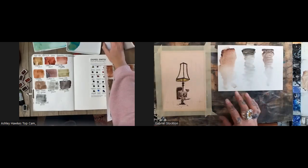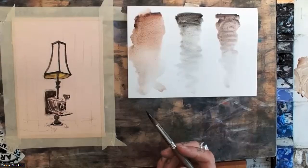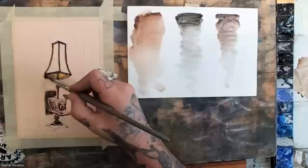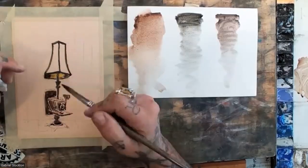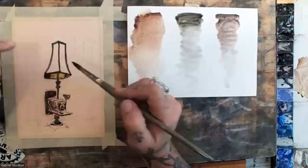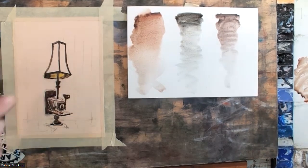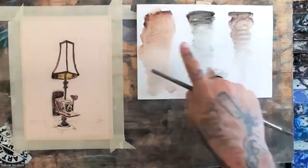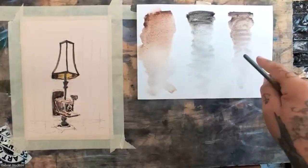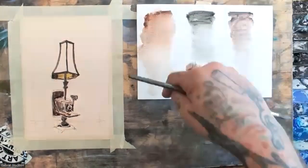So putting together this fun little piece here. I don't know if you were here last time when I did this. Friends that are watching and participating with us, I did a lamp, an outside lamp with a bird on it, a street lamp. And today I'm doing this fun lamp. What I want to do now, so you can see it, we got nice granulation with these. These are all hematites, and we've got the violet hematite, the regular hematite genuine, and we've got